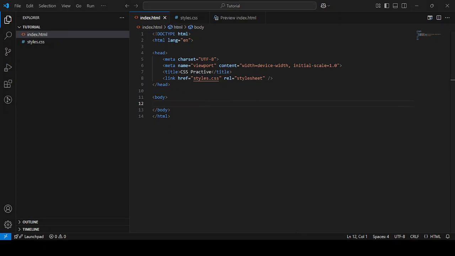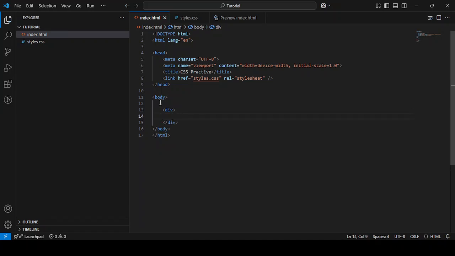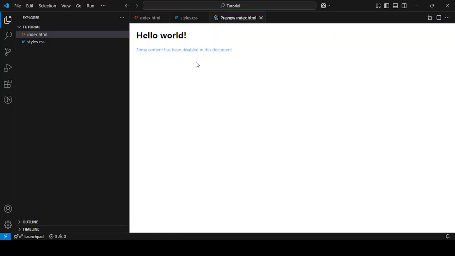the border. So the border property in CSS is very simple. It gives us an outline to, let's say, an element in our HTML file or in our HTML page. So for instance, let's say I have a div tag. So we have a div tag here, right? And then inside here I want us to just write something, hello world for example, or I'll just put it inside a paragraph first of all. So paragraph hello world, like this. So if you come back here, you see our hello world is